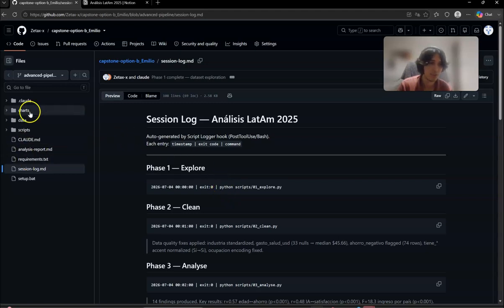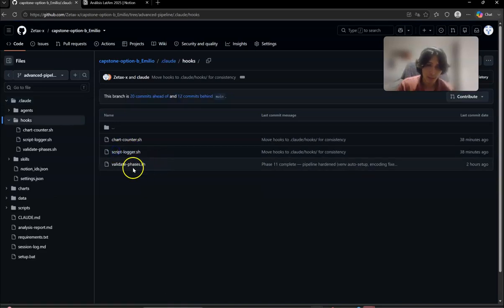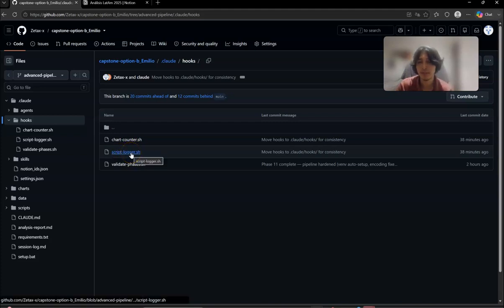So in Claude we also have agents, hooks, skills. In hooks we have the script logger. The script logger basically writes in the session log. The shard counter tells you which shard is being generated at the moment. It tells you the number of the shard, and out of the total how many shards are left to finish